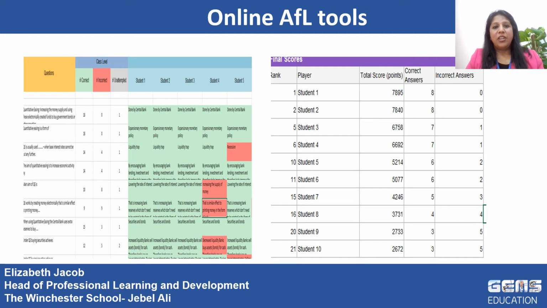On your screen, you can see the data received after an online AFL tool was applied. So how does AFL help teachers modify their lesson? Have a look at the examples on the screen. In these two online AFL assessments conducted by the teacher, she knows how many questions each student got correct, incorrect, or left unattempted. She then is able to revisit the topic to ensure that all students have understood the concept